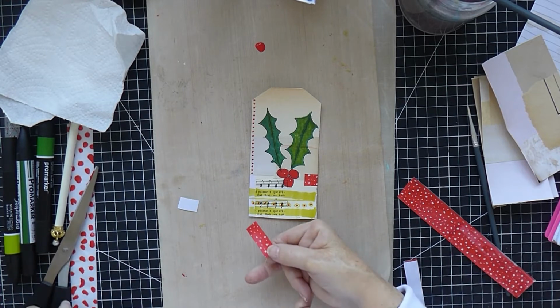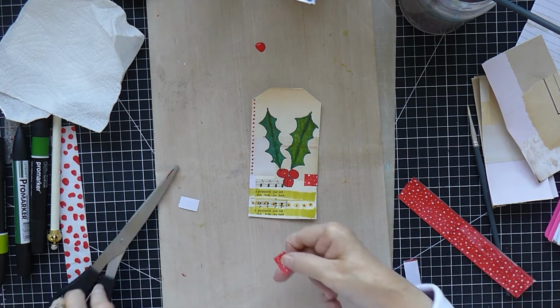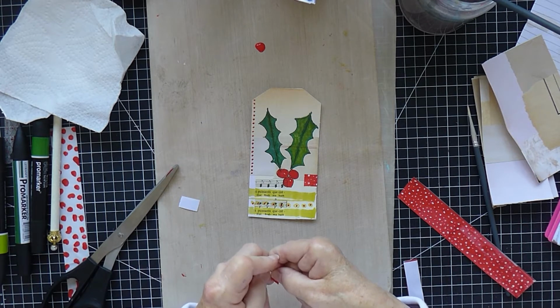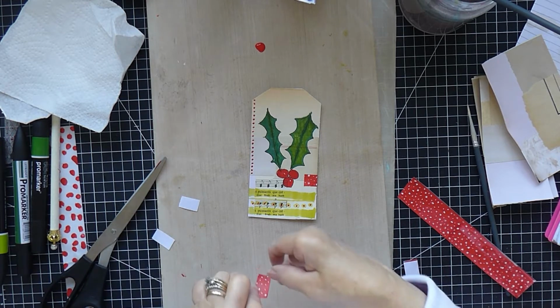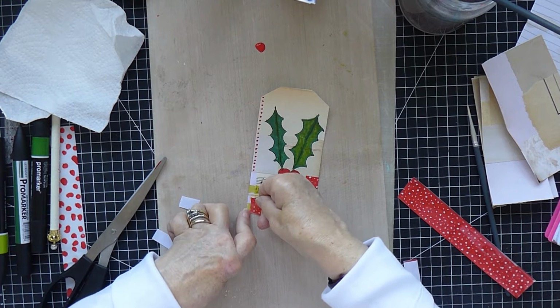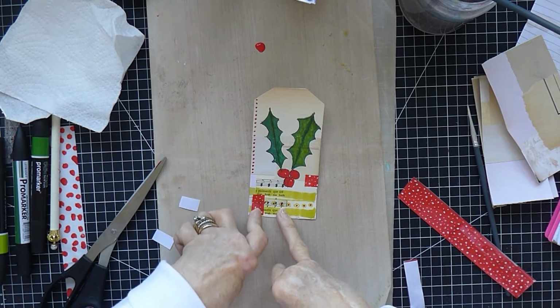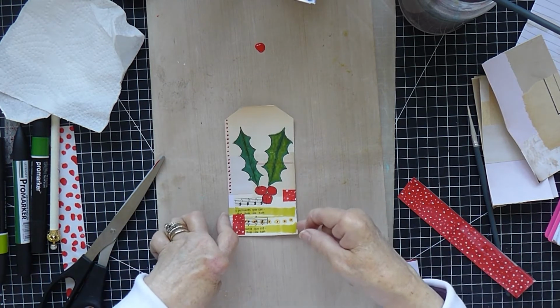Maybe I'll have another tiny little piece in this corner. That's what I do. Just little pieces as accents. Like that. Here we are. Okay, I think that's...